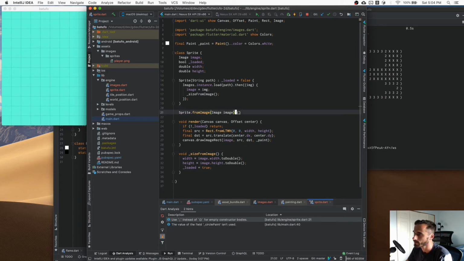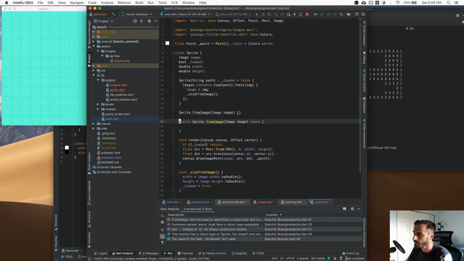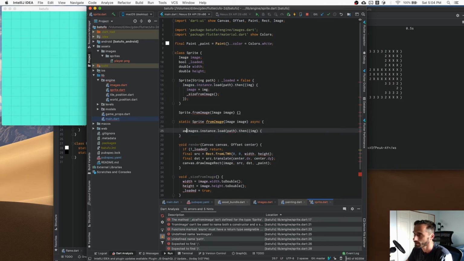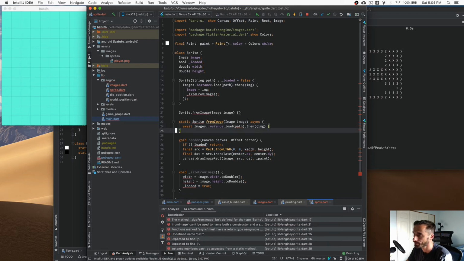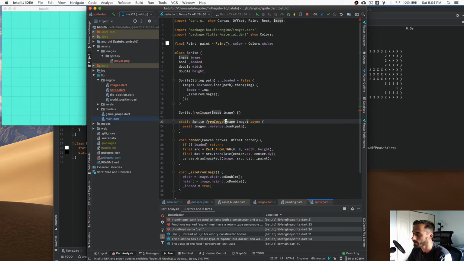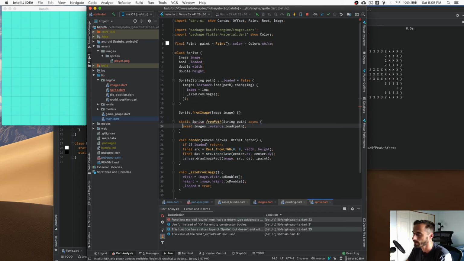All right, and then here we're basically doing this, but we await it, right? And then load from path, so let's do from path, string. All right, then we load it. Then we have our image,